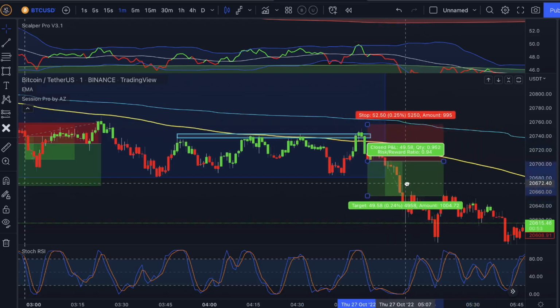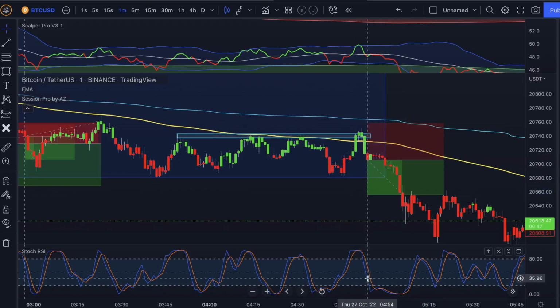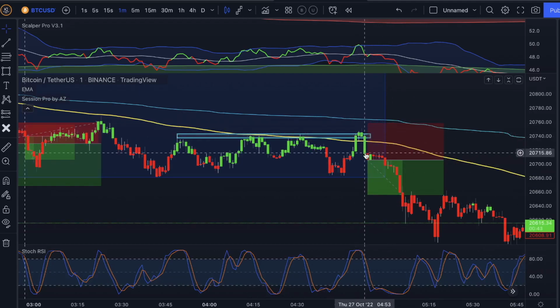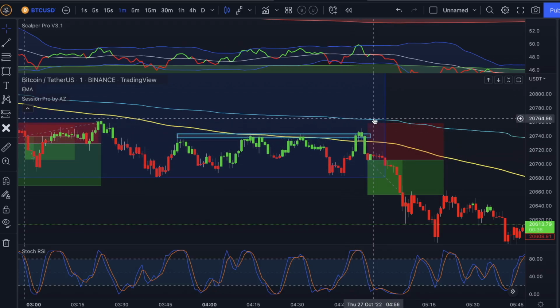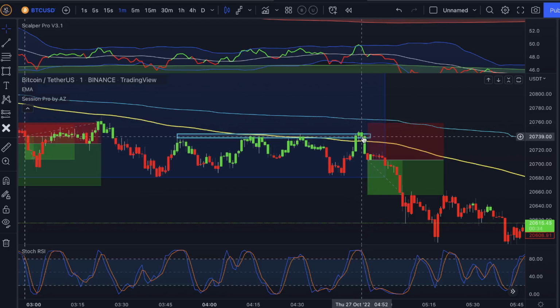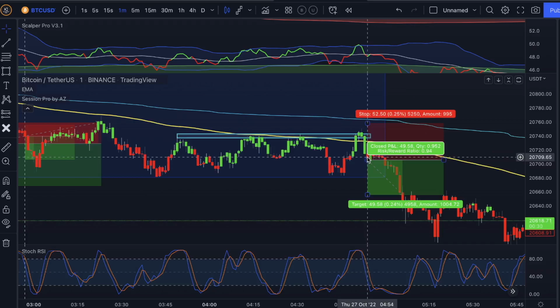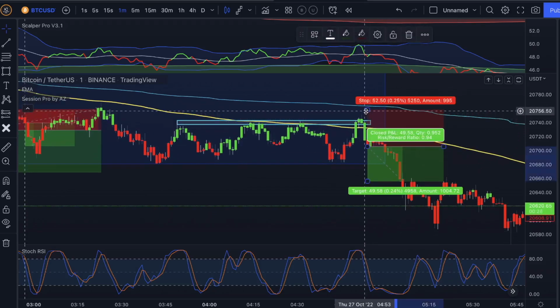Where I would have placed my entry would have been right here. We turned bearish on the SCALPER Pro. The stochastic RSI is not yet in the area where we are oversold. We had this beautiful bearish engulfing candle with a nice peak formation. So we had a nice bullish candle, pin bar, inverted hammer or another doji with a bearish engulfing candle afterwards. And the SCALPER Pro confirmed the signal. And if you would have placed your stop loss right here,